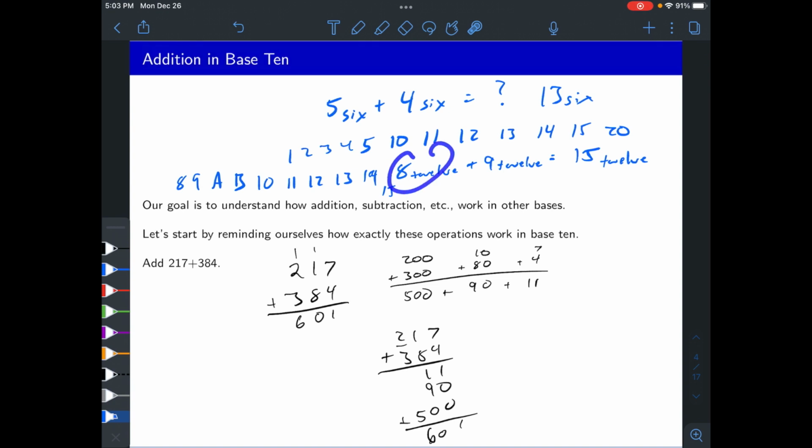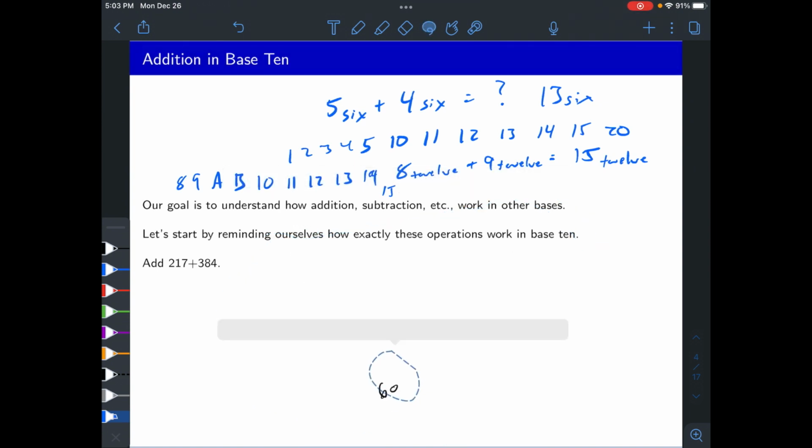But another way that you could think about this would be, well, let me get rid of this. Okay, and then let's say that I wanted to add 8 plus 9, just in base 10, just normal base 10 addition. So you could think of this as start at 8 and then count up by 9, or you could do